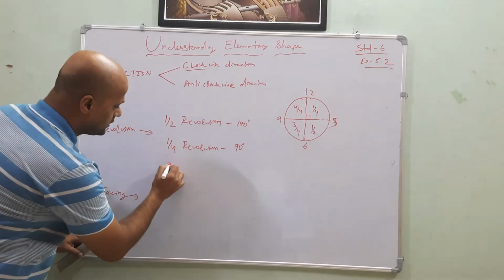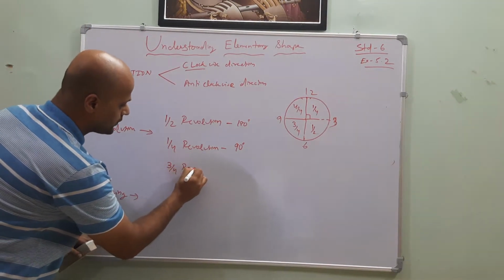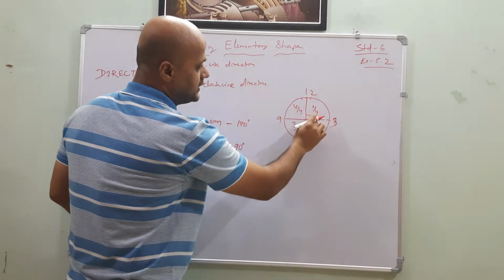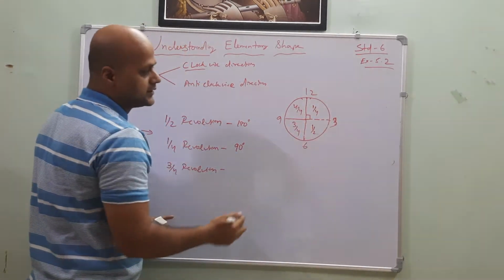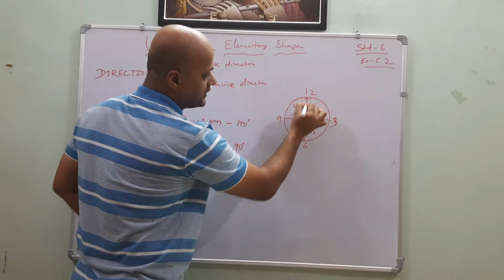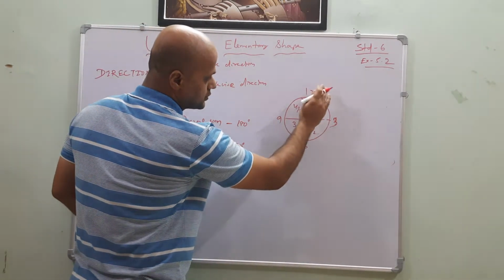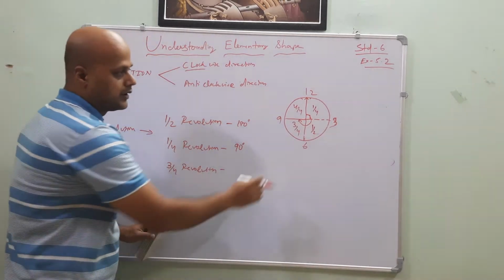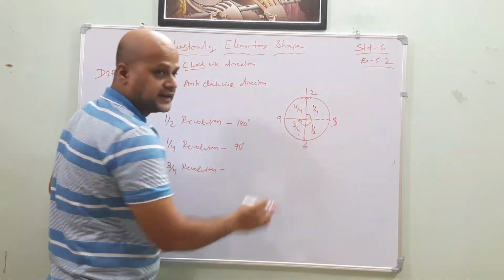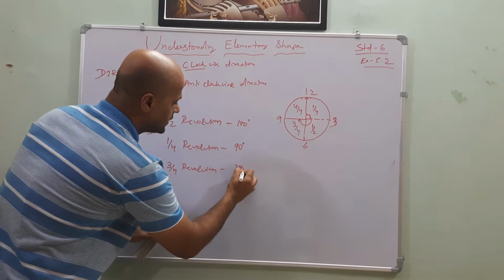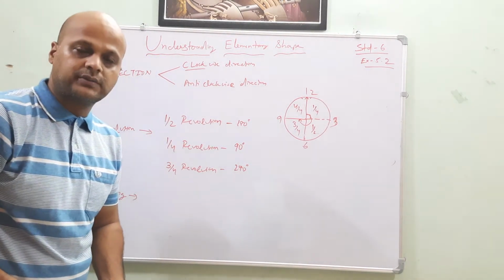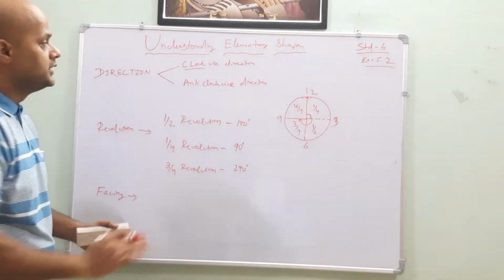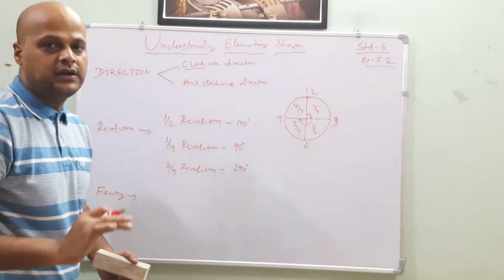Next one is called 3/4 revolution. These terms you have to remember. What is 3/4 revolution? How many degrees does it form from the center? If the hour hand starts from 12, then it turns 12, 3, 6, then 9, up to this much it is revolved. Yes or no? Half means 180 degree plus 90 degree. How much is it? It is called 270 degree. Yes or no, my dear friends? So remember this one. This revolution part you have to remember. If you remember the important topic, then it will be clear.